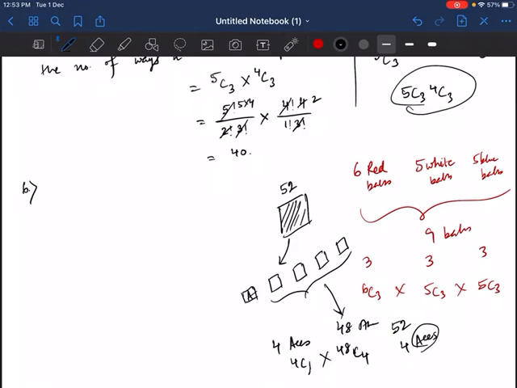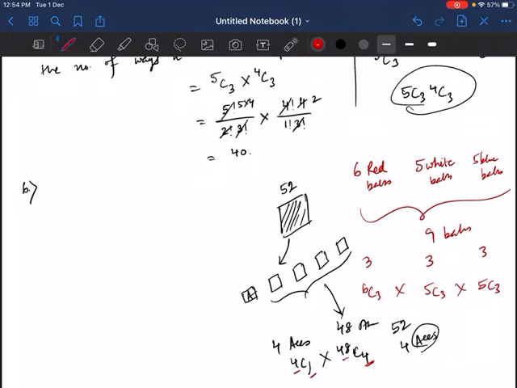So that's how you get the answer. Now if you look carefully at the bottom numbers, in 4C1 we have 1, and in 48C4 we have 4. So 1 plus 4 is 5, and that satisfies our 5 card combination. And look at the top numbers: here it is 4 and here it is 48. 48 plus 4 is 52, and 52 is the total number of cards. This is how we check whether the answer is correct. First I select an ace in 4C1 ways, and then I select the remaining 4 cards from the remaining 48 cards in 48C4 ways.